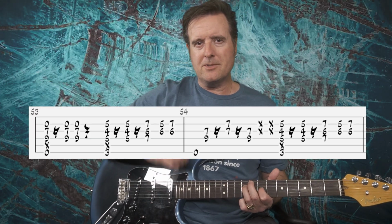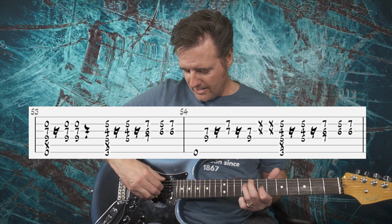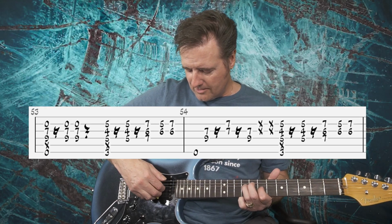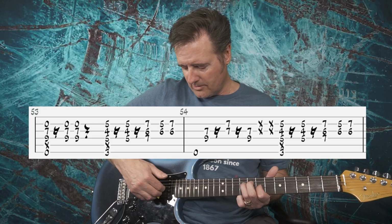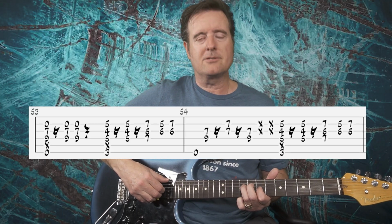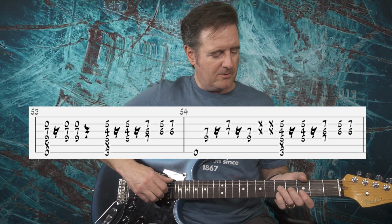So we're doing a piano attack. I've got my thumb on the low E, and then I'm grabbing the D, G, and B and pulling on that. And then just the bottom part of the chord for the second part. So then we're going to go down to